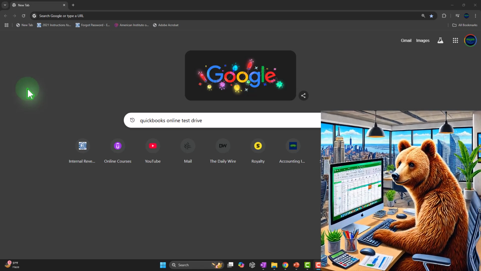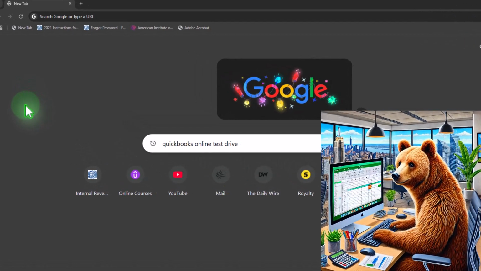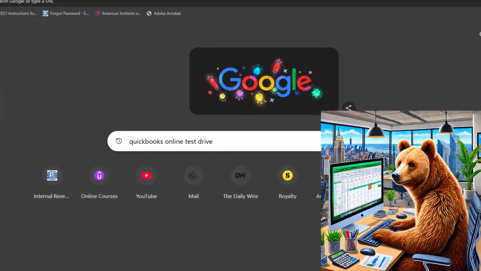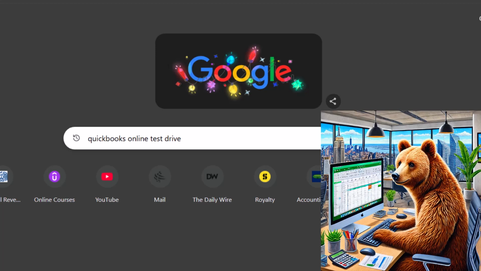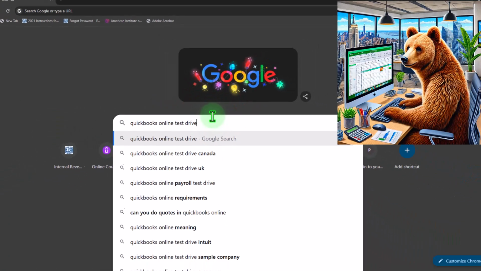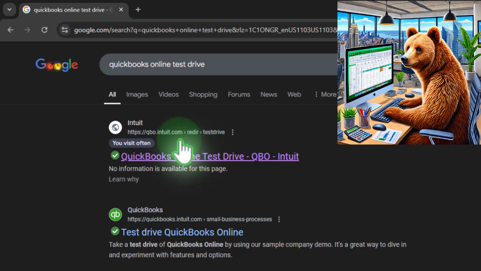Here we are online in our browser searching for QuickBooks Online Test Drive, the test drive being the free option available to everyone offered by Intuit, Intuit being the owner of QuickBooks. The test drive already having practice data in it, making it perfect for practicing navigation as we will be doing here. So I'm just going to search for the test drive, look for results that have intuit.com in the URL